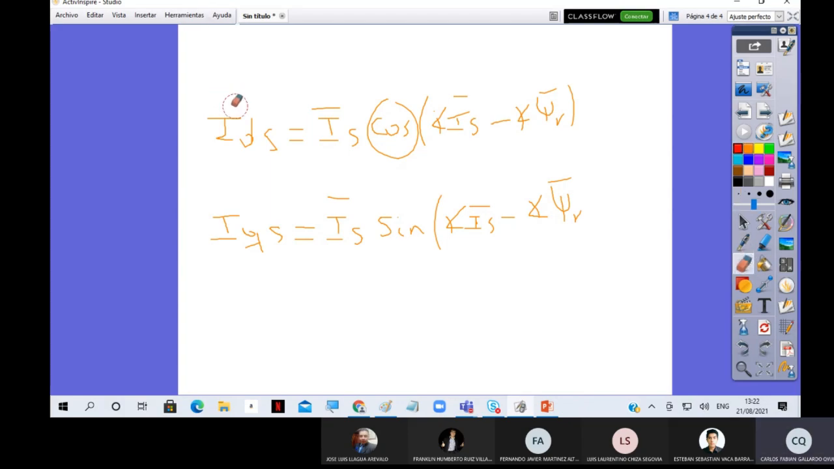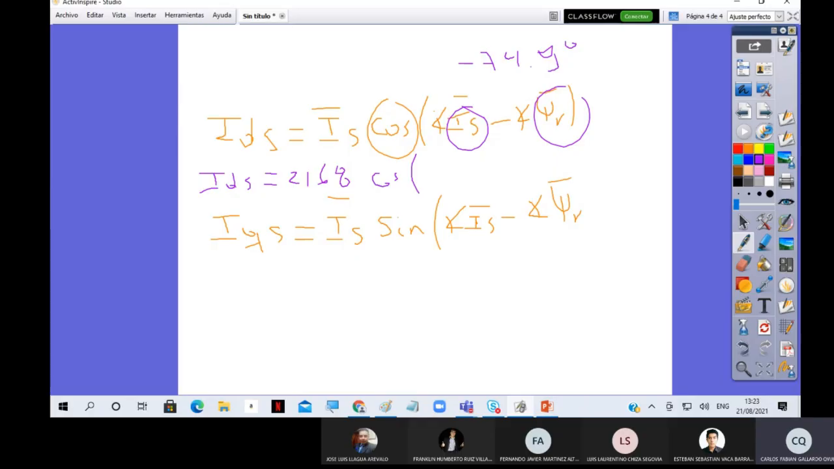Okay, so from the previous calculation, we know the angle between the stator current and the rotor flux, and this angle is equal to negative 74.9 degrees. Therefore, substituting in the equation, the stator current on the d axis is equal to the magnitude, which we have already computed, 2,168, times the cosine of the angle, negative 74.9. Therefore, the stator current on the d axis is equal to